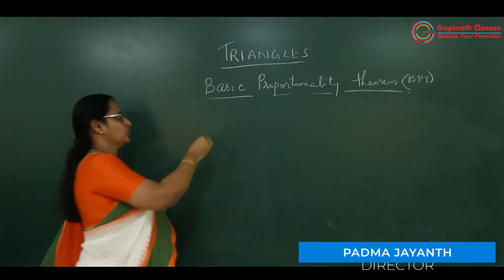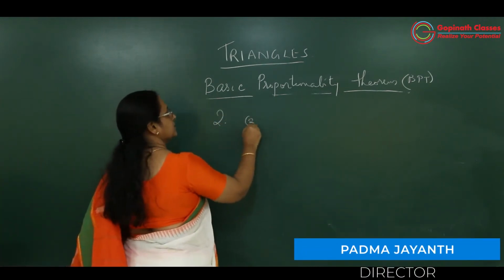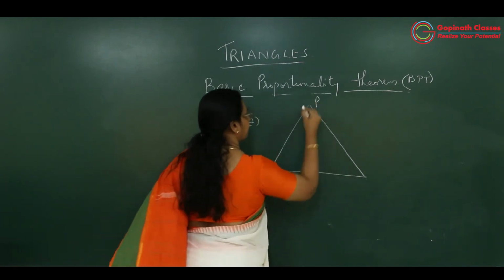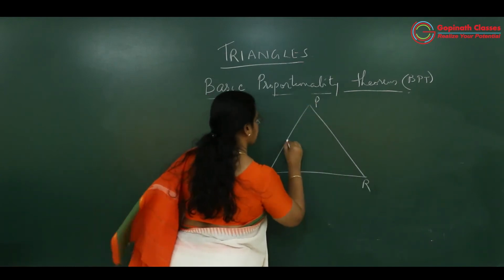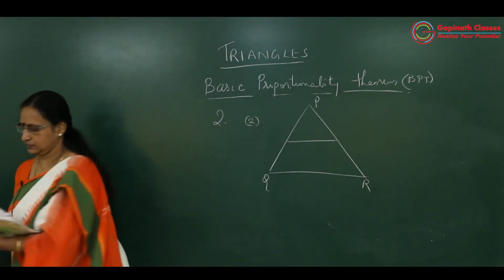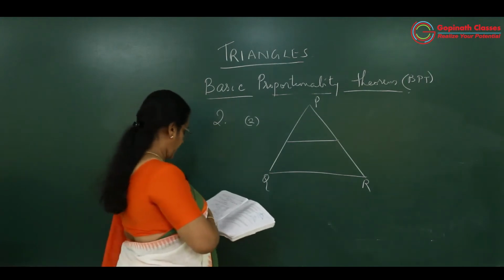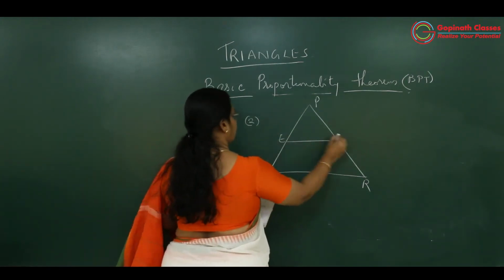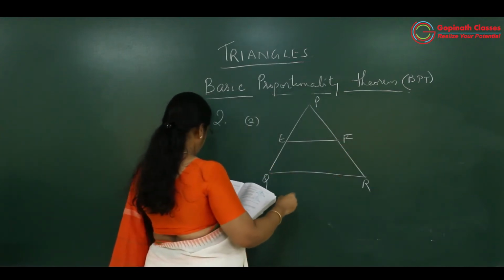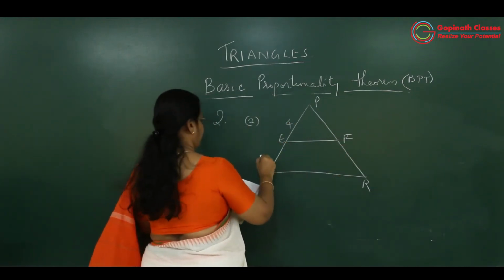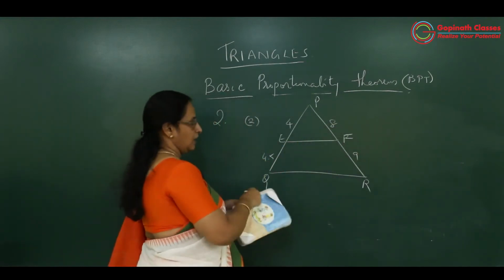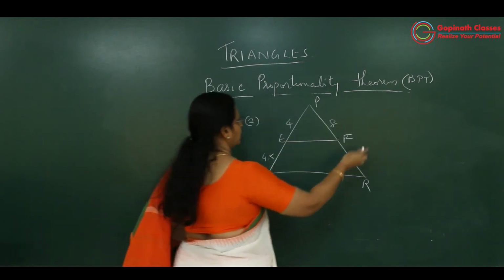Main question number 2, the second question you see. It's the same triangle PQR. EF and QR, we want to check whether they are parallel or not. It's given here 4 and here 4.5 and here 8 and here it's 9. We have to check whether they are parallel. So what do we do?